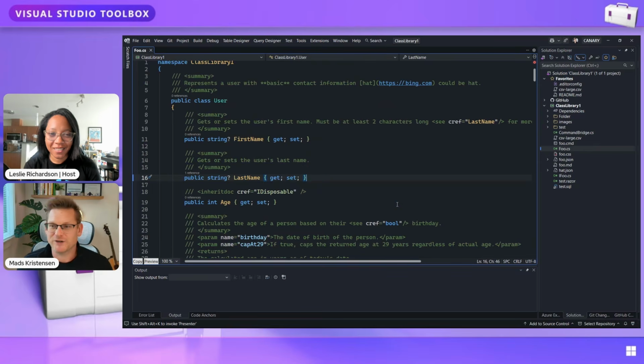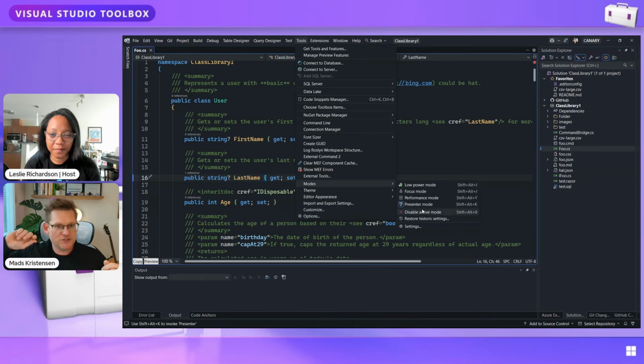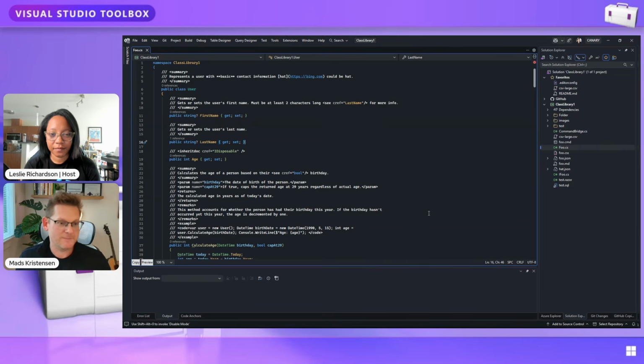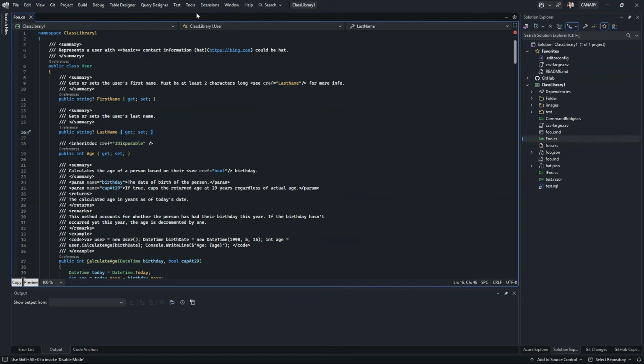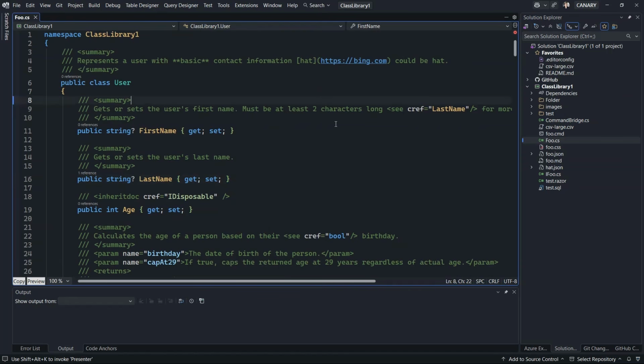So now everything is bigger. It's easier to see, right? It's beautiful. But it has all these different modes, and actually what it does is that it changes a bunch of settings. And then when I disable the mode I'm in, it goes back to the previous settings. It just rolls back those settings that I had from before. So really, a simple toggle back and forth. So nice and big fonts.